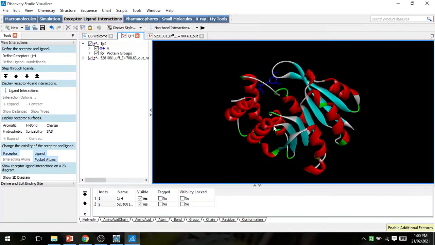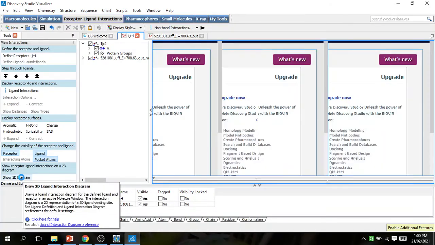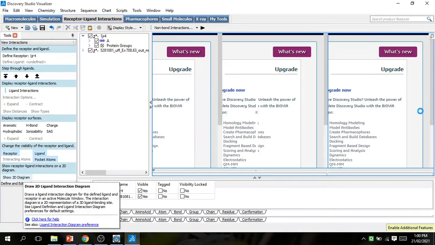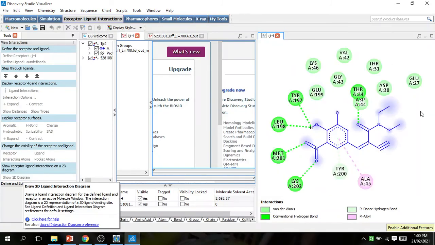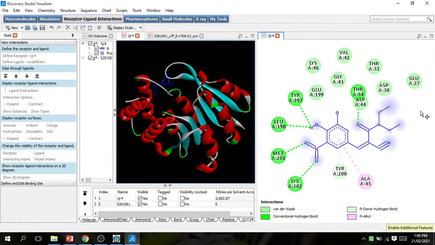If you want a 2D diagram of which amino acids interact with the ligand, go to show 2D diagram. Guys, see, the ligand binds to amino acids like lysine 202, tyrosine, alanine, lysine, valine, threonine, glutamate, all these.